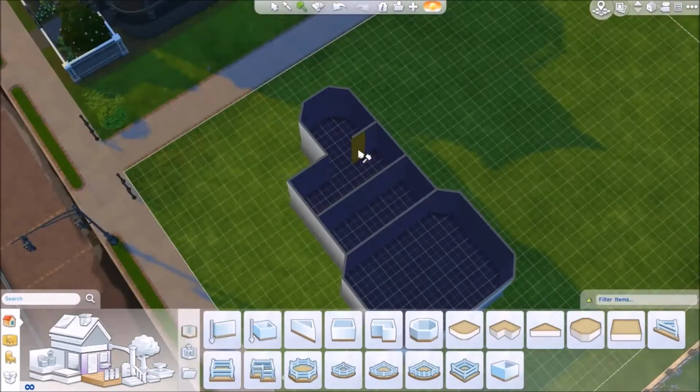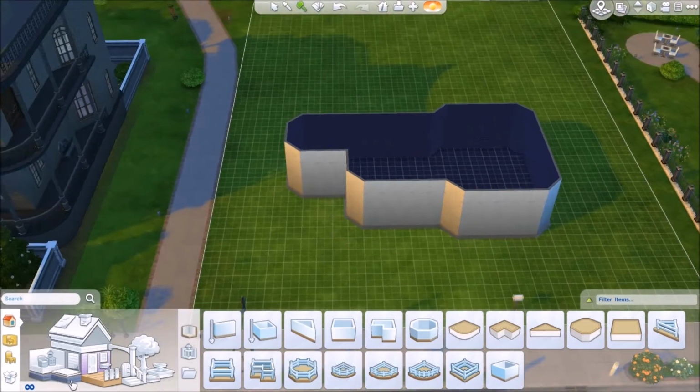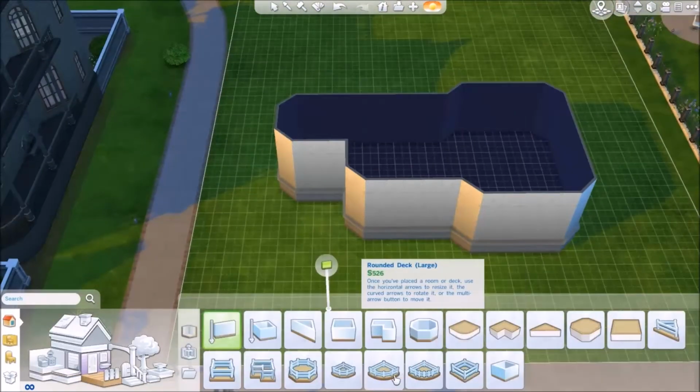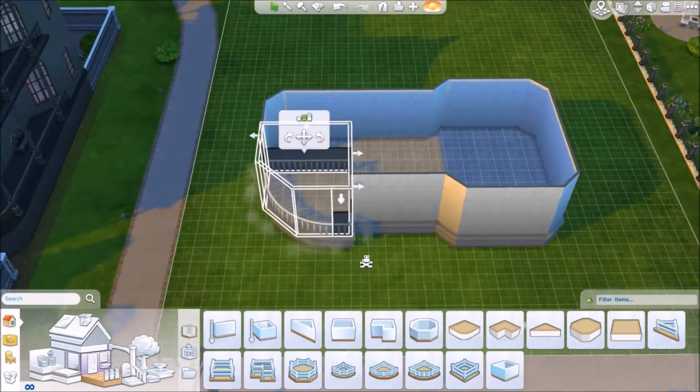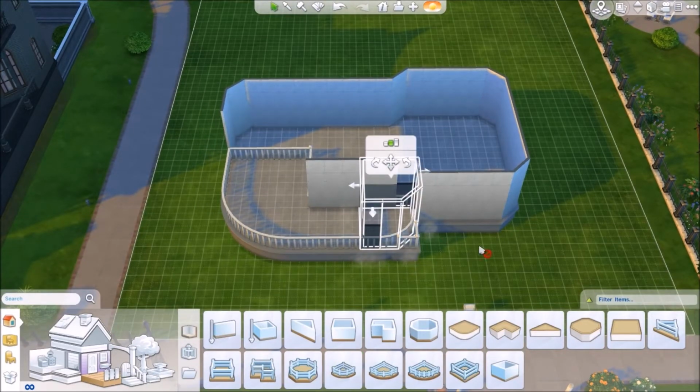With this house I didn't have much of a plan, I just started building. I used a lot of octagonal shapes and lots of corners, like you can see here. I had some trouble with that decking actually. I had to redraw it, and then later on I had some issues with the